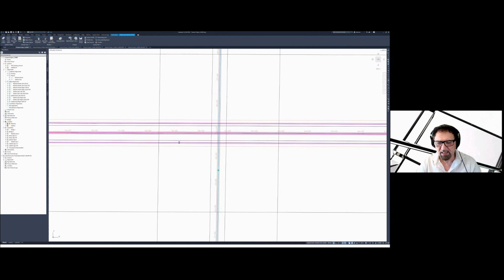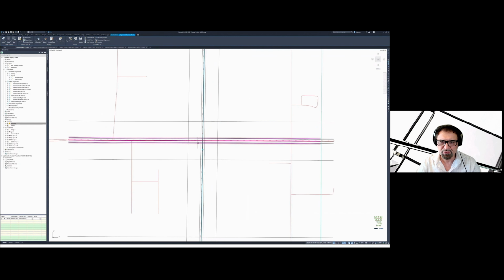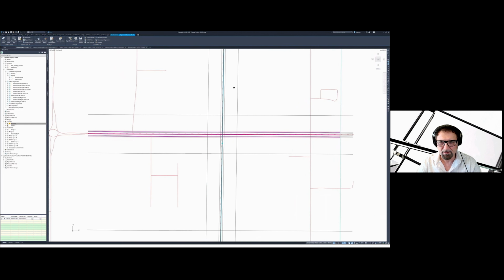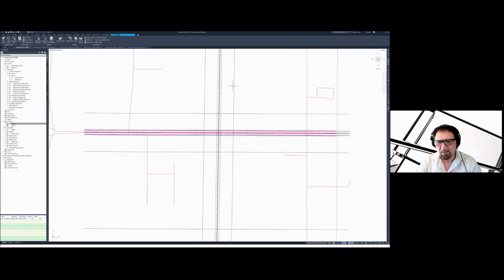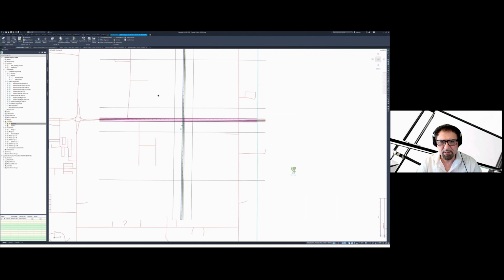And finally, the edges of shoulder, which I'm going to leave out for now and just move on to different steps. Like I said, we are going to apply widening to this edge of travelway following some of the basic standards.